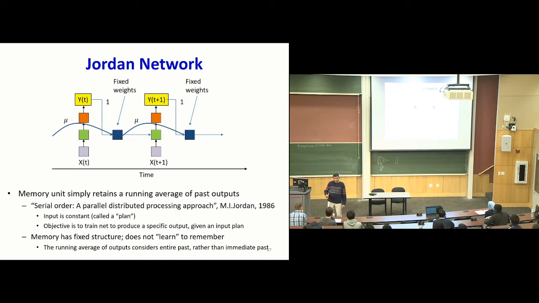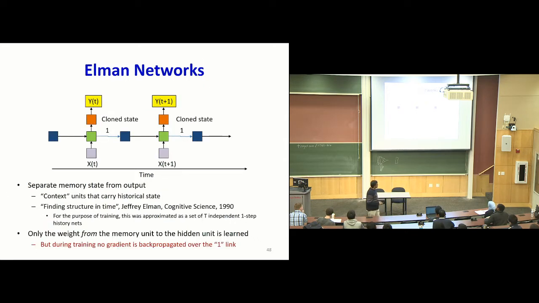Now, the issue with this memory is that it's very simplistic. All it's doing is maintaining a running average of the output, which isn't a big leap from the Knox network, right? So along comes this thing called the Elman network, where the Elman network actually stores the memory, but the memory now is stored in a variable which simply clones the hidden state. And so at each time you produce your output, then this hidden state is cloned into this memory, and that memory is actually used to compute subsequent outputs.